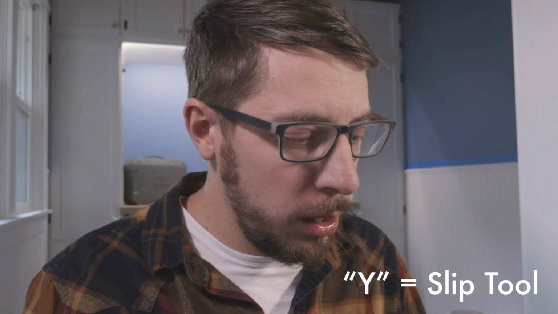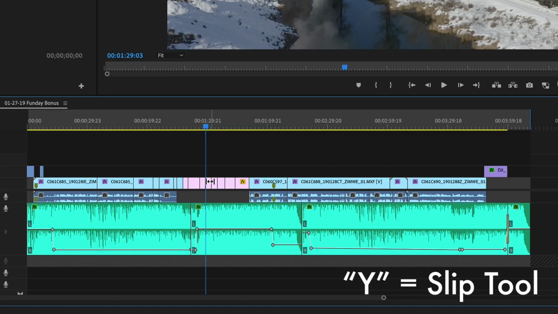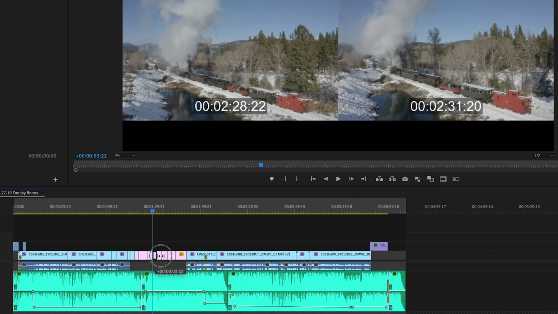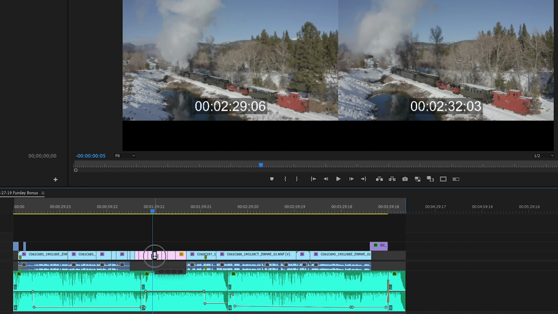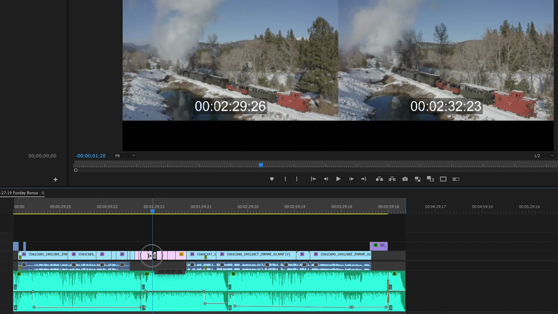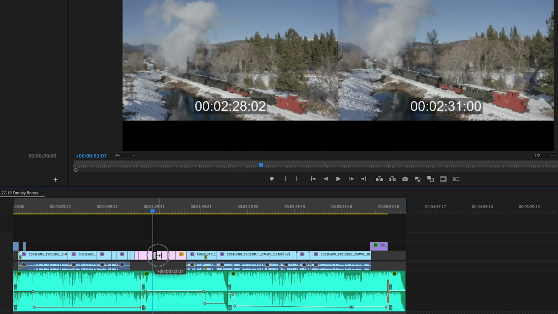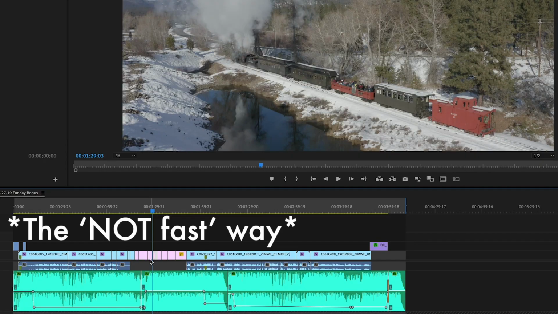Now this will actually just switch you to that tool. Your cursor will change. You can see when you click Y, your cursor changes. This tool works by just clicking on a clip and dragging to the right or to the left. All you're doing is slipping that footage either from earlier or from later. You're leaving the length of the clip, the duration, the same, but you're just moving